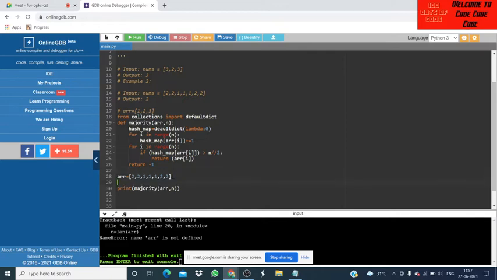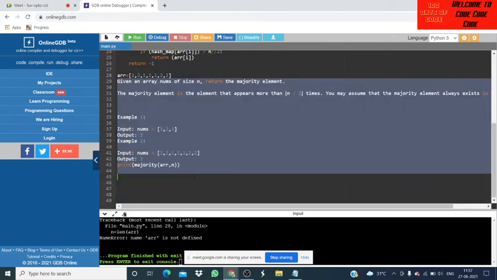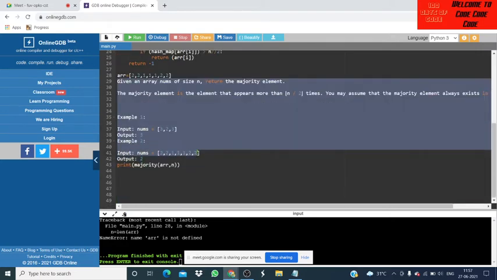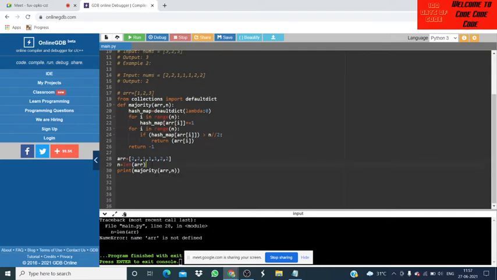Yeah, first you have to define array. Remove that output also. Now everything is fine, I guess.